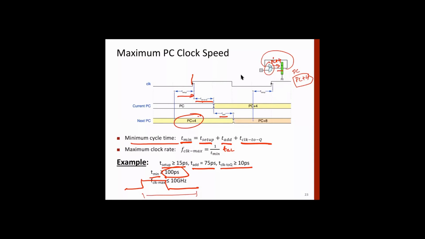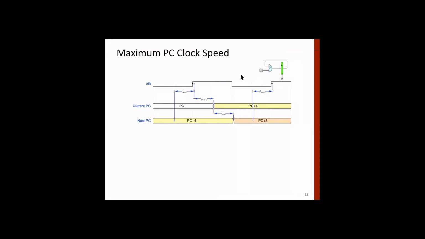Okay, given this notation, it's confusing. So basically what are we doing? If you look at it, remember only this thing: there is some delay for the combination logic block. Because a register alone cannot do the activity, right? For addition, subtraction, or some operation that you need to perform, you require a combination logic block. So there is a delay for that. And then there is a delay for sequential logic, that is a register.